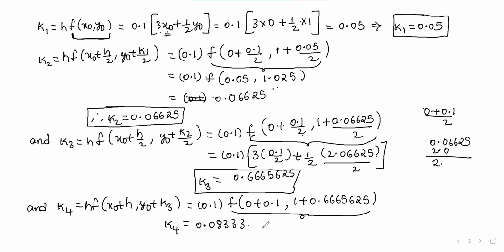Now again we have to find the value of K. Obviously, therefore K is equal to 1 by 6 into K1 plus 2 into K2 plus K3 plus K4. That is equal to, substituting everything, finally we get 0.06662. Therefore